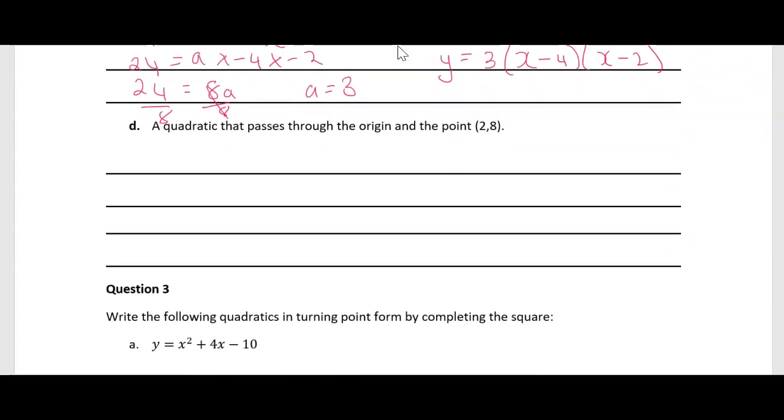All right, and lastly, a quadratic that passes through the origin. So remember your origin is (0, 0), and the point (2, 8). So we can use the factorized form again. I'm just wondering if we've got enough information. Anyway, so your first factor is x plus 0, which is just going to be x. And then your other,